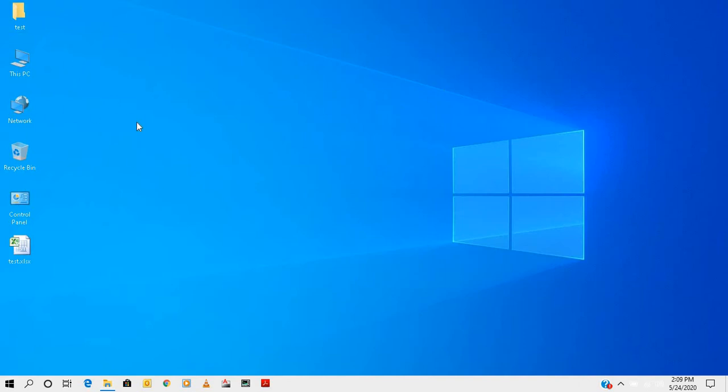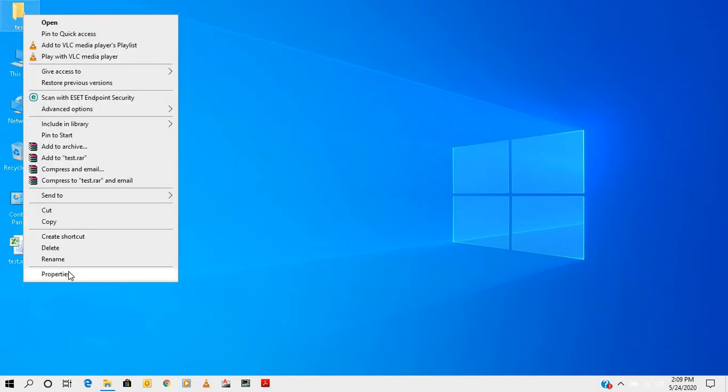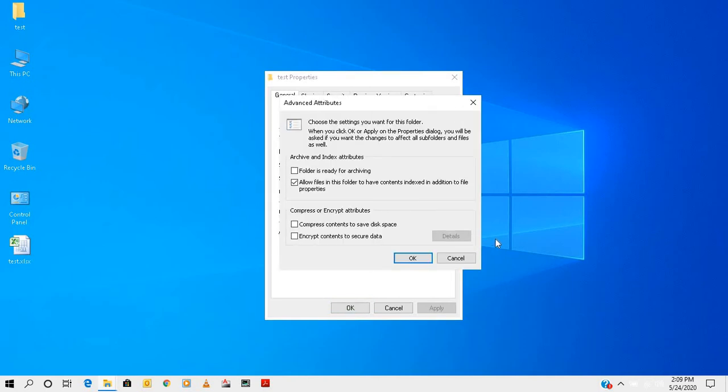Now if you have some important files or documents in this folder, you will go to properties, go to advanced, and you can use the feature called Encrypt contents to secure data. So what happens if you check this and click OK? Suppose somebody wants to copy this folder or file from your PC to his USB, and then puts that USB into his PC.